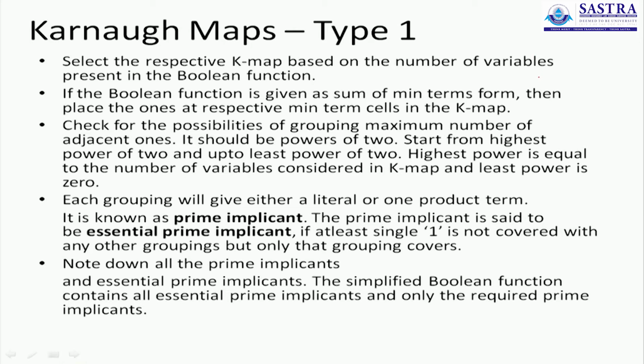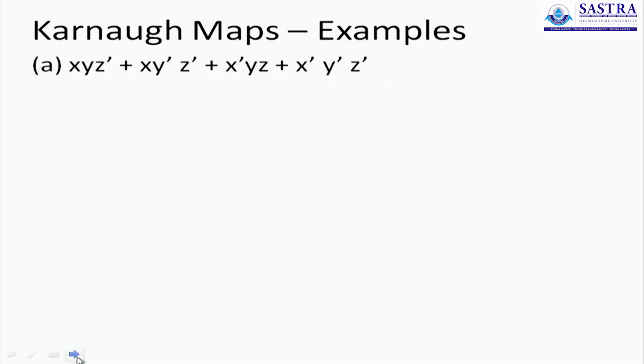By adjacent ones, suppose my K-map looks like this. I can group only these two, or these two, or these two. I can group these, or these. So adjacent ones are to be grouped. And each grouping will have a term called a prime implicant and the other called essential prime implicants. And then from there on, you will try and minimize the number of such loops that are involved to obtain the reduced Boolean expression.